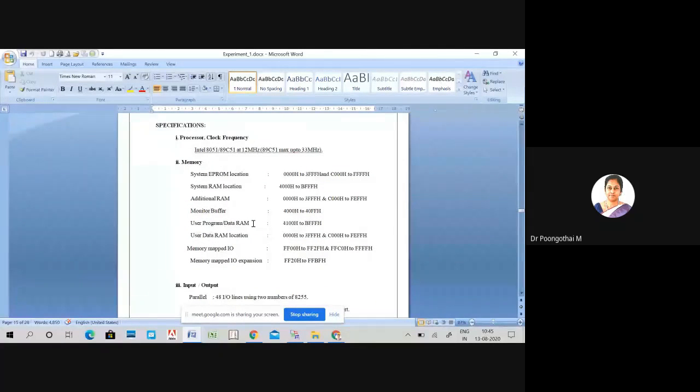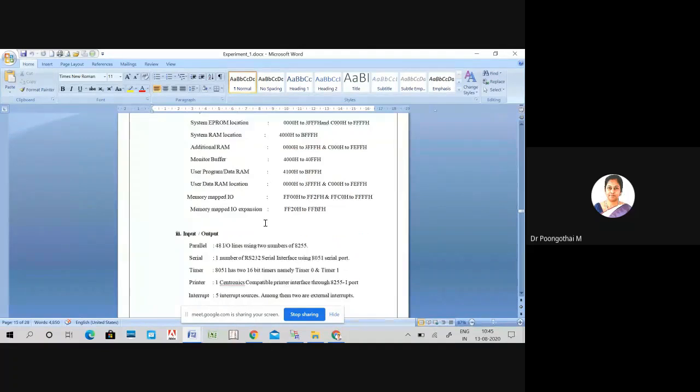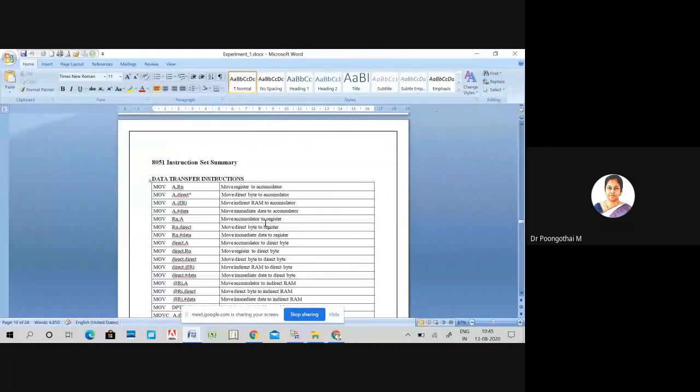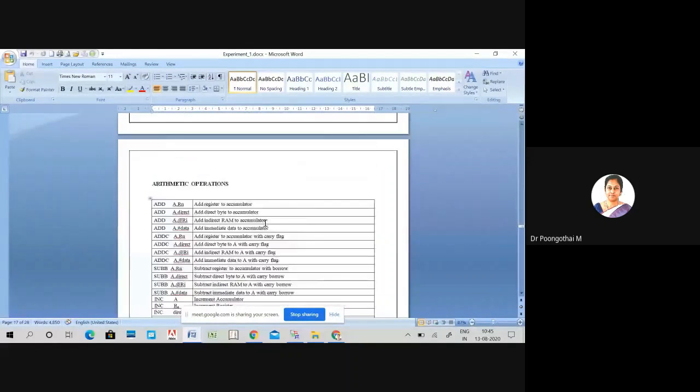And this is the specification of the 8051 trainer kit. So you can ignore the trainer kit specification given on page numbers 15 and 16. And there is a summary of the 8051 instruction set.